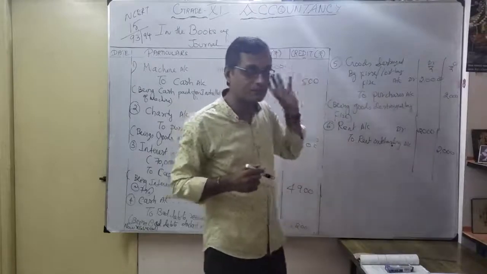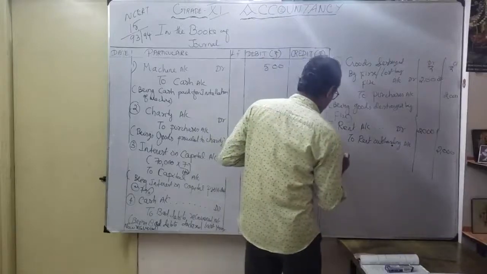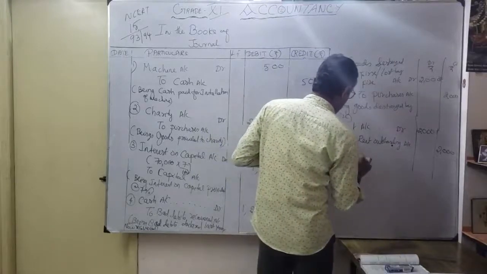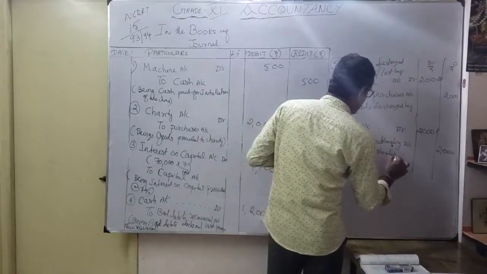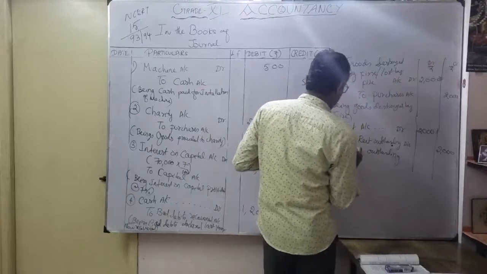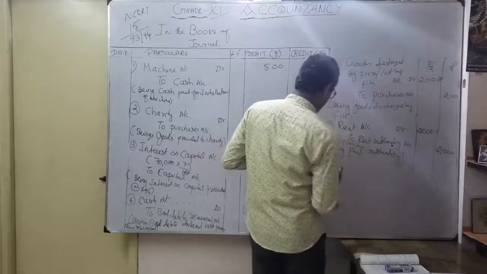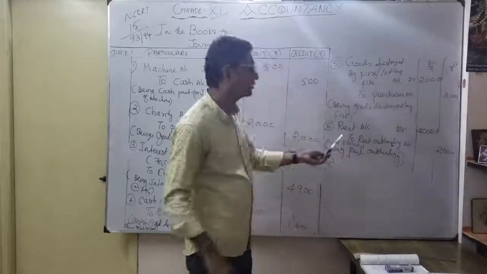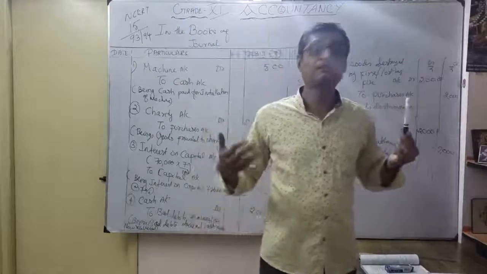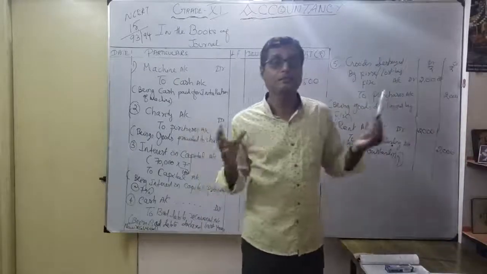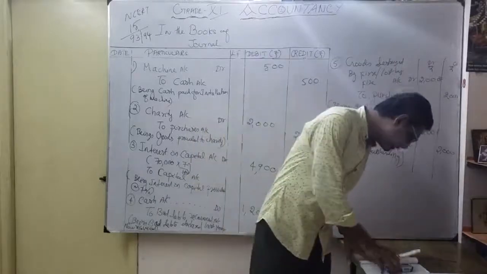Okay, this is coming under which concept? Accrual concept. Okay. So what is the narration here? Being rent outstanding provided, or being provided rent outstanding. You can write in whatever manner. Being provided rent outstanding. You understood? That's a very important entry, related to our accrual concept. Now you understood wherever the concept is related. Now you have to understand what the 13 concepts are. Okay. Now what is the next one?